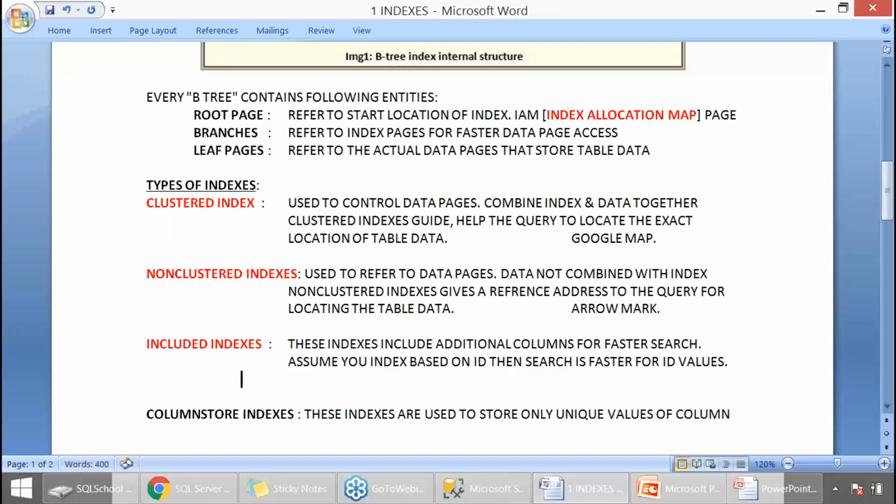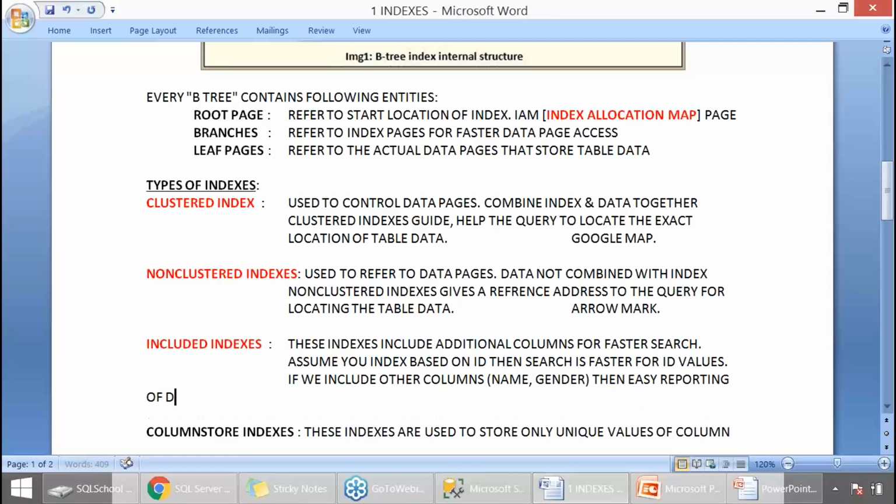It's fine. If we include other columns, for example name and gender of the employee, then we get easy reporting of employee data.